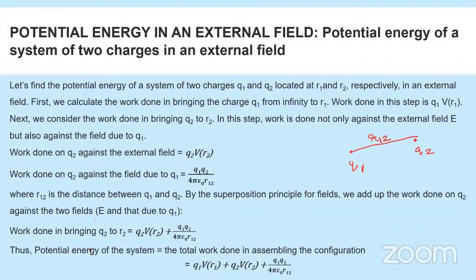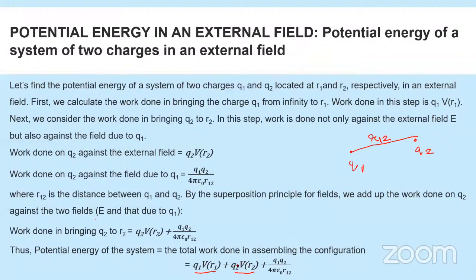And thus the potential energy of the system is equal to the total work done in assembling the configuration. So for the entire system of charges that we have, the potential energy of this system in the presence of an external field is actually the sum of the work done on both the charges. So Q1 V at R1 is the work done on Q1 in bringing it from infinity to the point R1. Q2 V at R2 is the work done